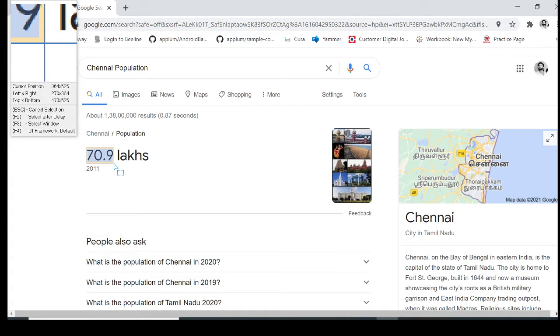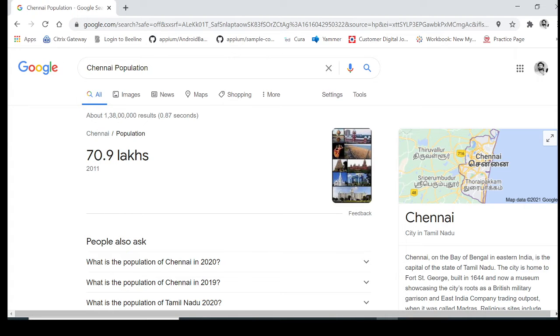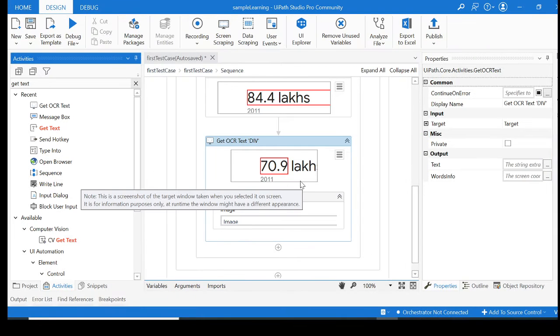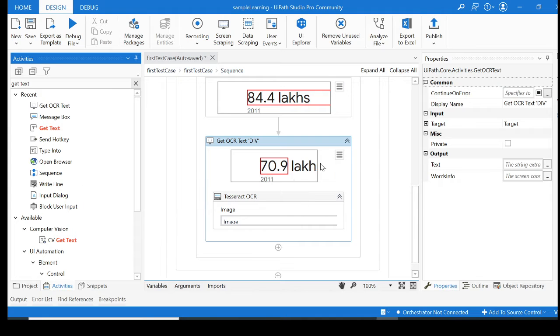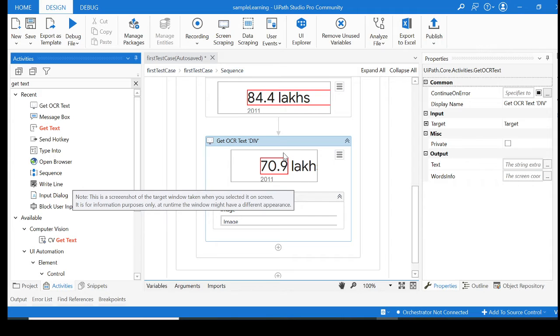This is the best thing UiPath provides, where you can point out or take a screenshot of the particular element you need to operate on or access. I've selected that. For this 70.9 lakh, the whole thing was getting counted, but now it identifies only this particular element's property.